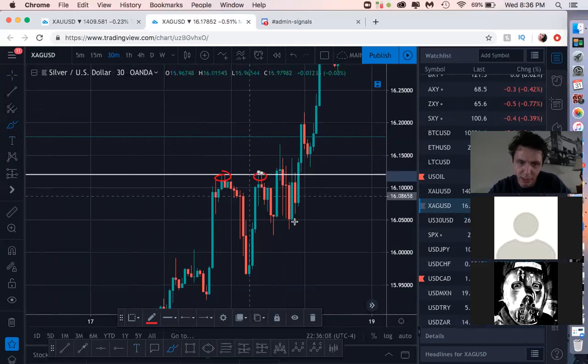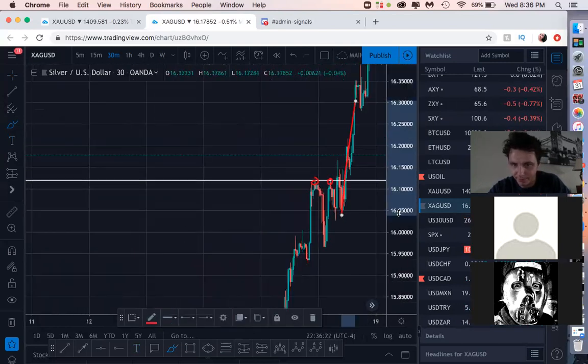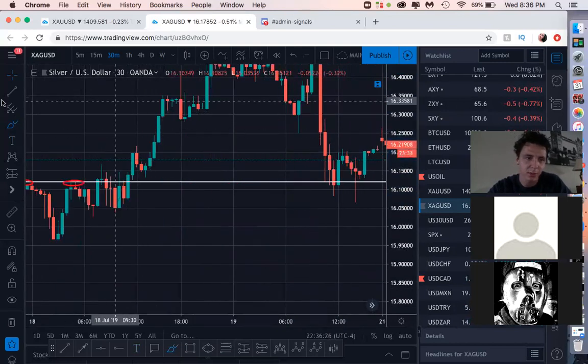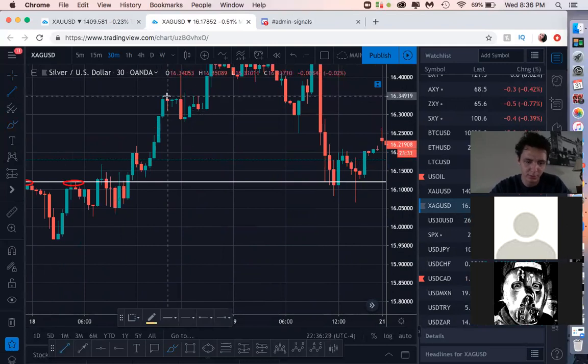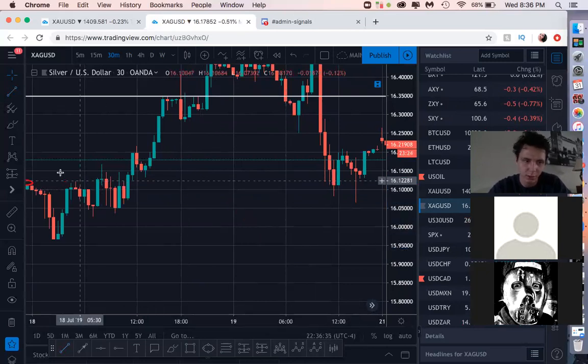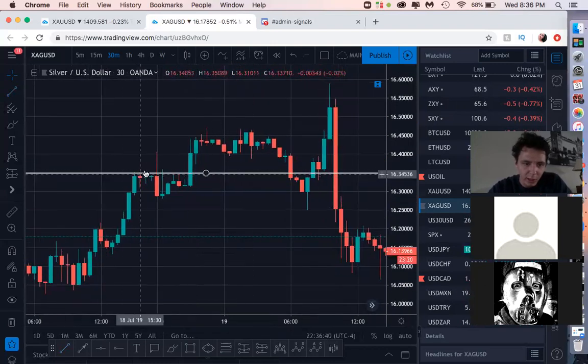Then we get this spike of liquidity coming in, and I mean, look at this candle. It shoots right up, breaks it by just a little micro bit. Then it comes back down and shoots all the way back up. Then you can see this time and time again. Again, right here, we have equal highs. I'll get rid of this, get rid of that, and get rid of that. So again, same thing. We get these equal highs.